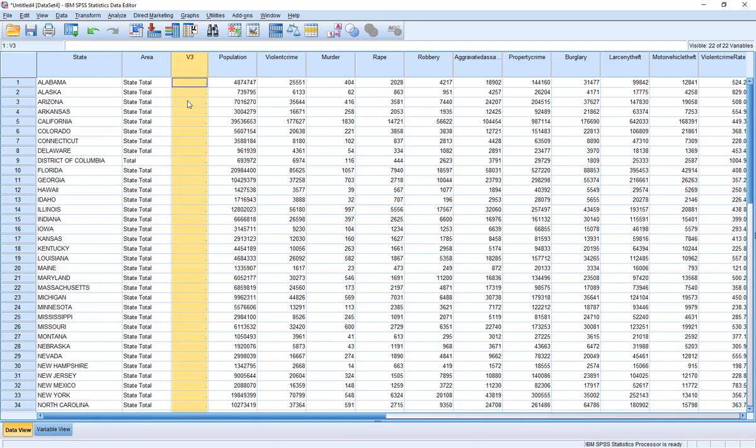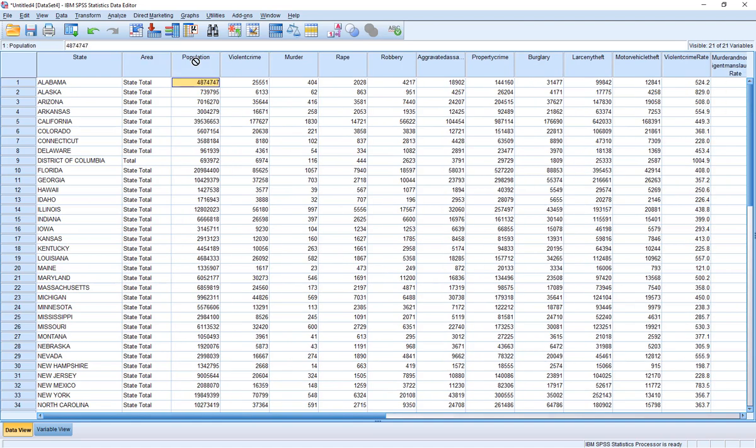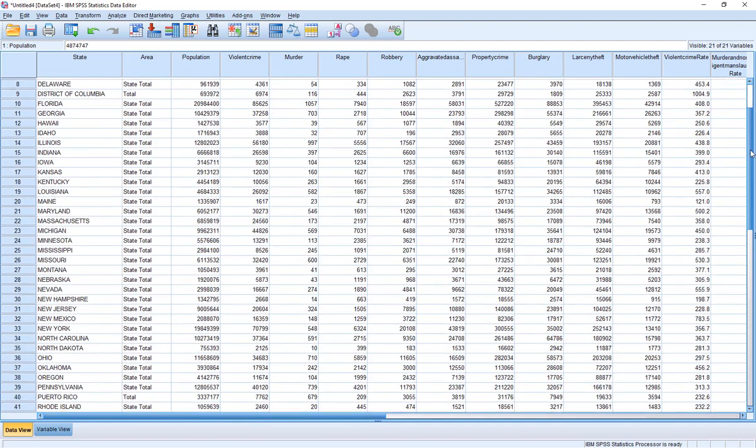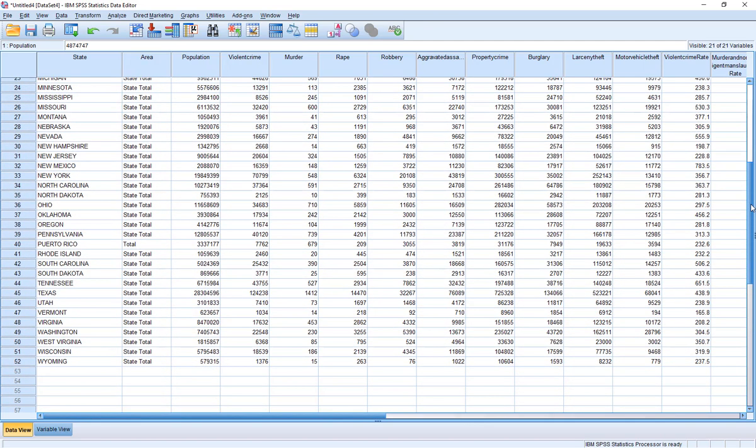Now in some ways that's good, because it's easier for us to delete things afterwards than to have a program making some decisions along the way that we may not agree with. So with a case like this, we can simply highlight this column, V3, and just hit the delete button, and it's gone. And now things here make a little bit more sense. Now in this example, we have the 50 states, including the District of Columbia, as well as Puerto Rico in the data set. And you can see that what we actually have as we scroll through are population and crime count